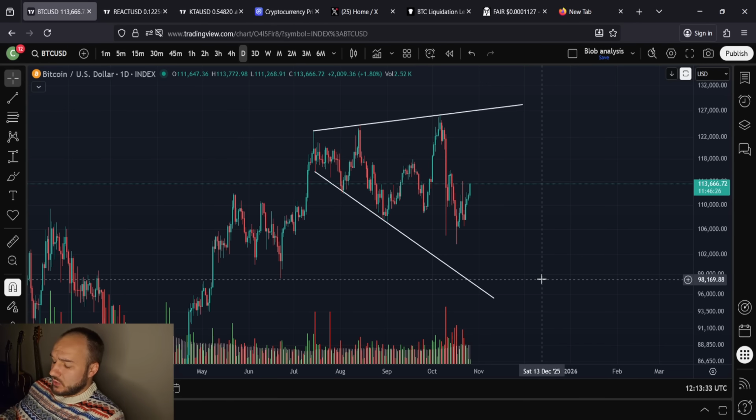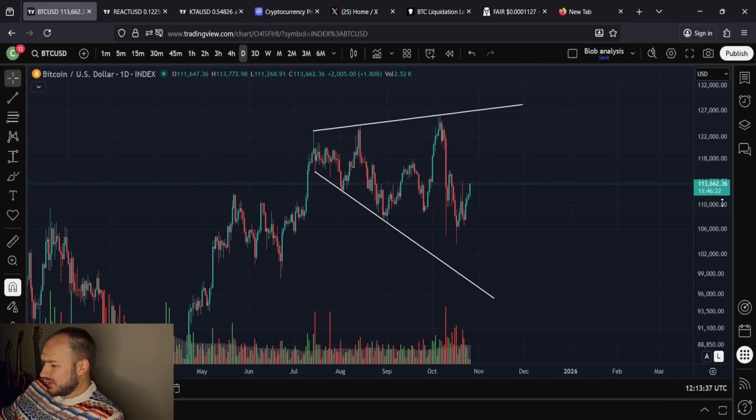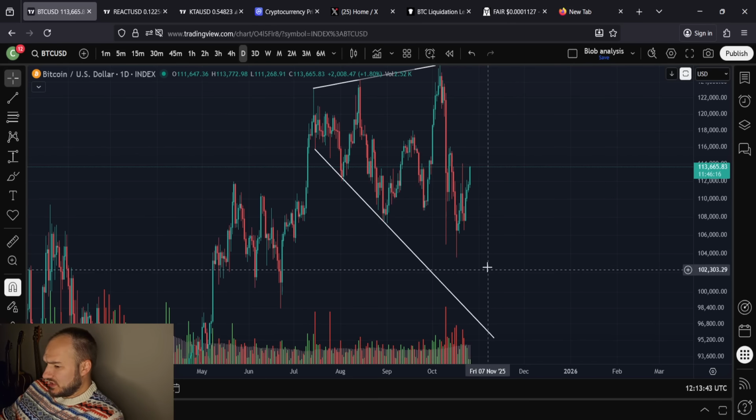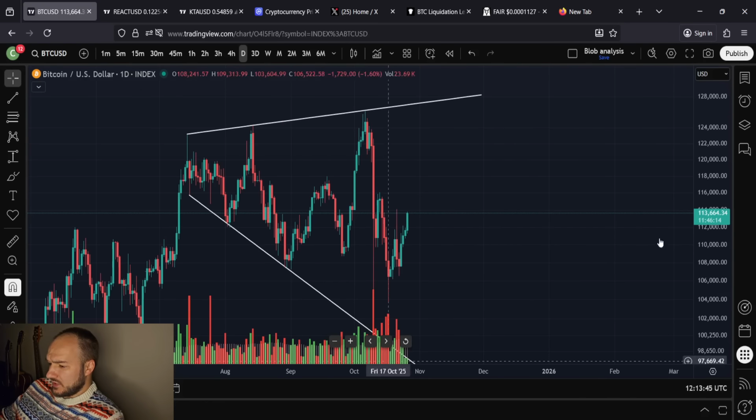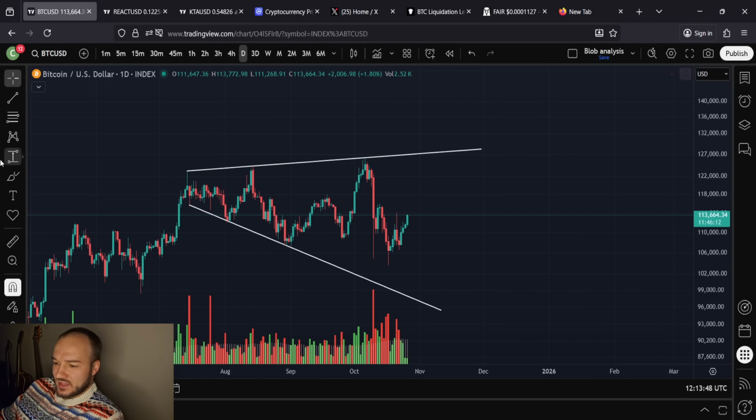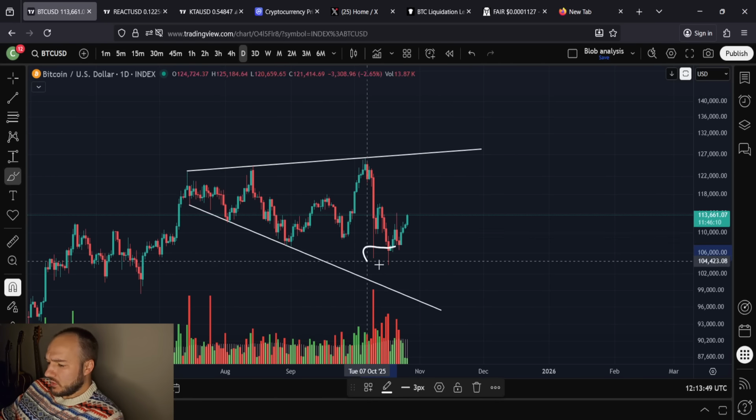It is the 26th day of October, and here we are sitting at $113.6 thousand with 11 hours and 46 minutes left in the day. We're up a little bit today. Nice to see, right? Up 1.8% on the day so far, and within this megaphone pattern, I think it's increasingly obvious that we are having what is known as a partial decline.